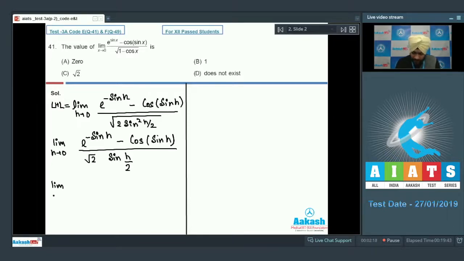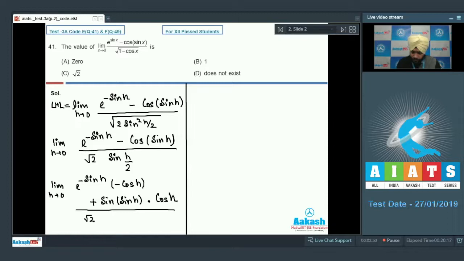So differentiating numerator and denominator separately, we will get limit h tends to 0, e raised to power minus sin h, the differentiation is e raised to power minus sin h into minus of cos h, that is the differentiation of minus sin h. Minus differentiation of cos of sin h is minus sin of sin h, so plus sin of sin h multiplied by differentiation of sin h is cos h, whole divided by root 2 cos h by 2 into 1